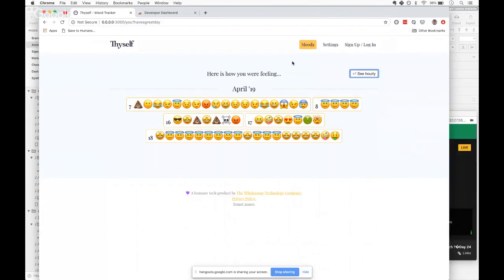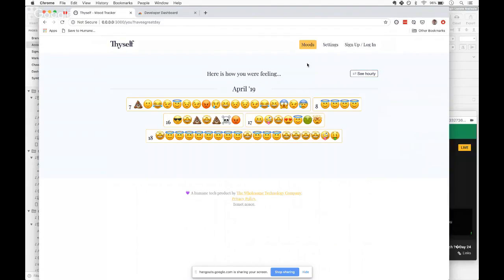The big change yesterday was basically prompting a user to sign up. That's where we want to get to, have more accounts on Thyself, because you can use it without an account, but there are some advantages with having an account. The main one being that your settings and your moods will be saved and stored on the server, so that if you want to use them in the future, or if your laptop dies, or if you use multiple computers, then all that mood data will be stored in the same place and you'll be able to access it from different devices, because otherwise it's only on the device that you choose to use.